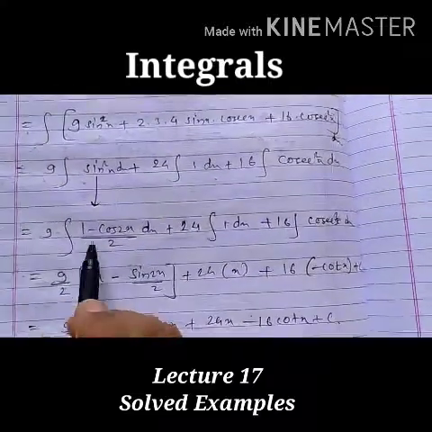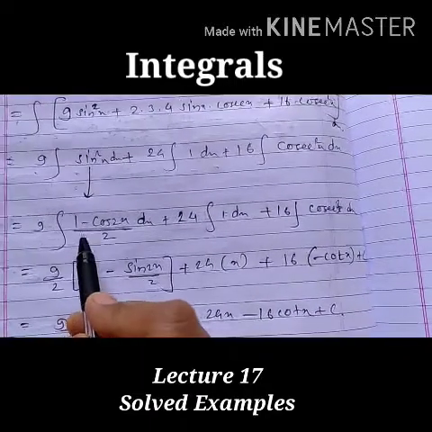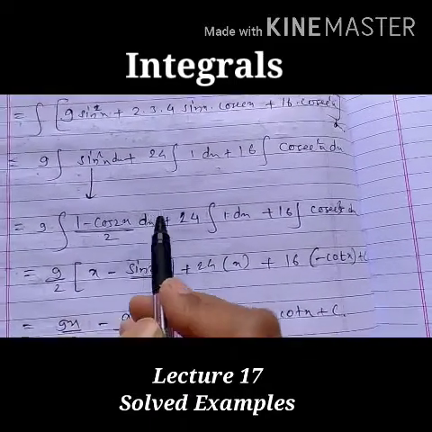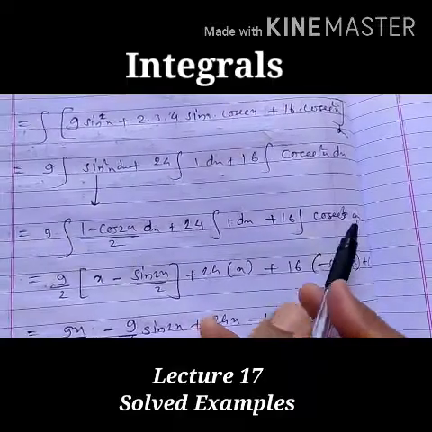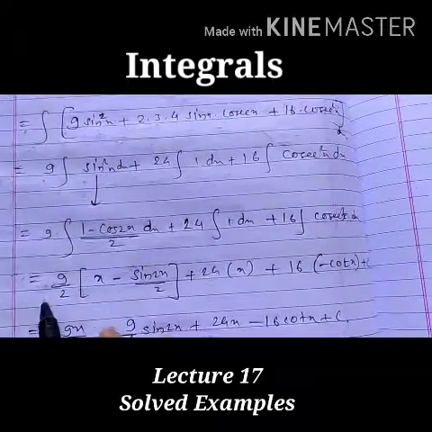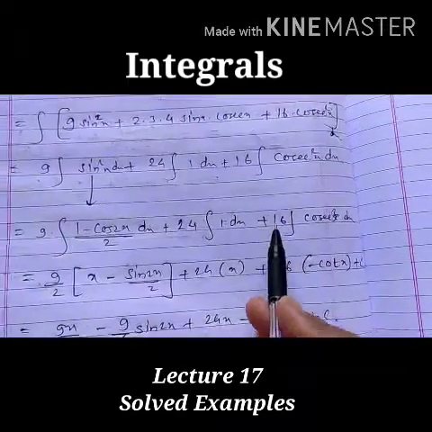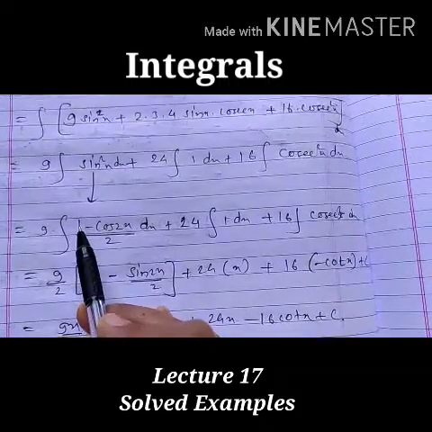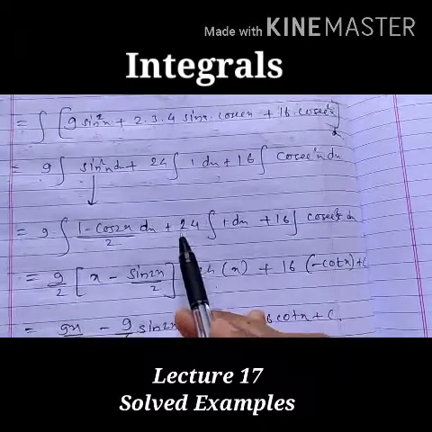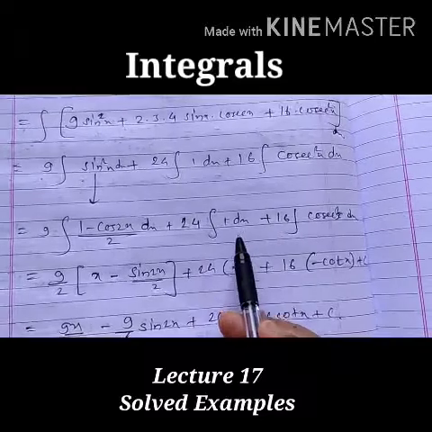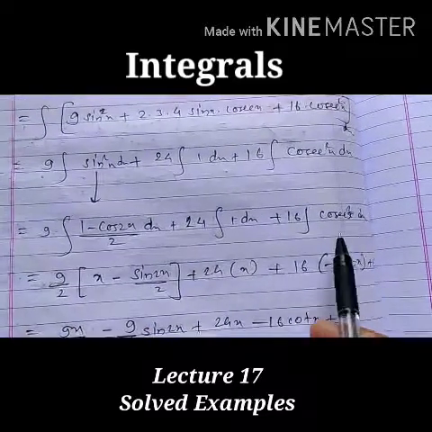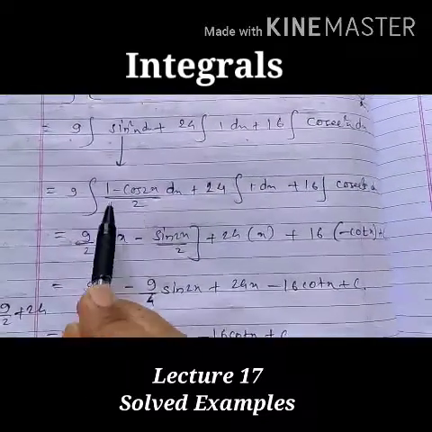Okay, now so it will be 9 integration of 1 minus cos 2x upon 2 dx plus this integral as it is, because in one step only we are finding all the integrals. We will not solve directly this now. If we are writing in the integration of this and plus 24 times x, directly we will not write. We will solve all integrals at a time. Okay, now 9 by 2 as it is.